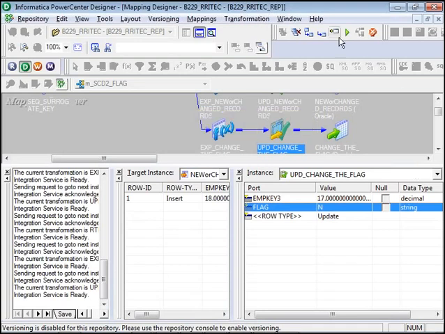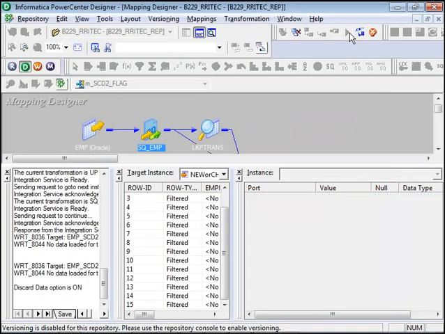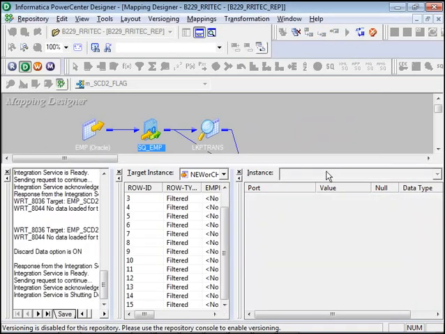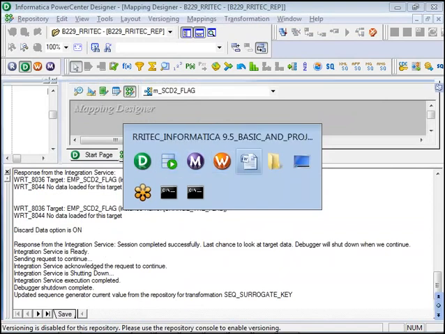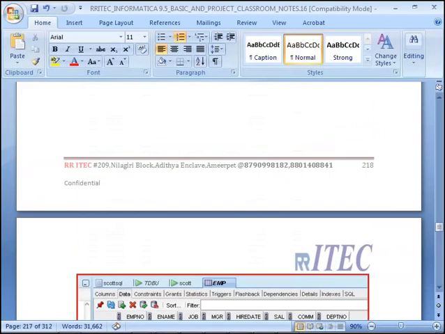Okay, now if you go for next instance, it updates those things and goes to the next record. That's it. Very simple job. Okay, now SCD2 flag control is completed, right? You can try the next one, that is called